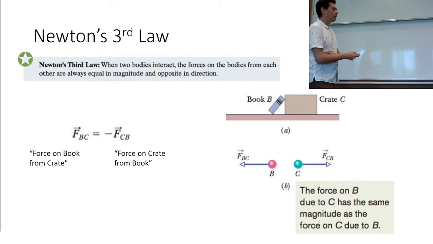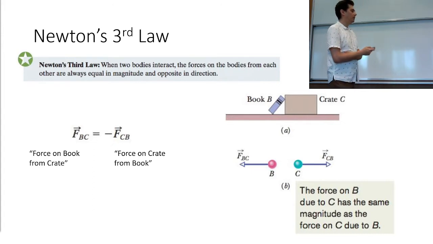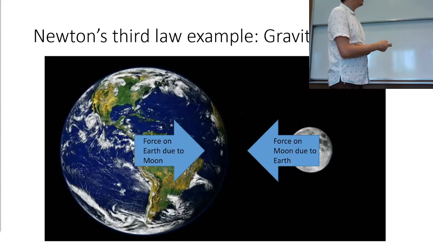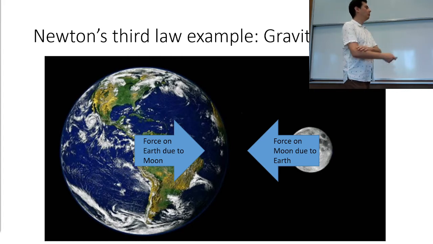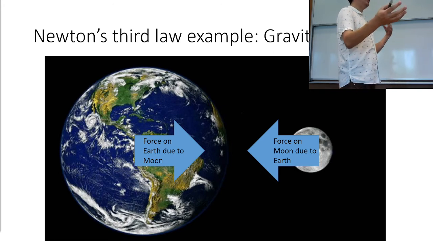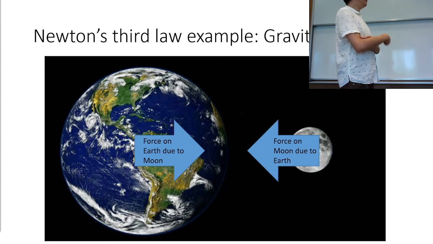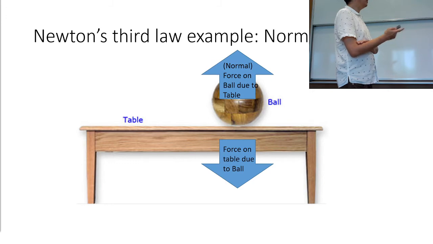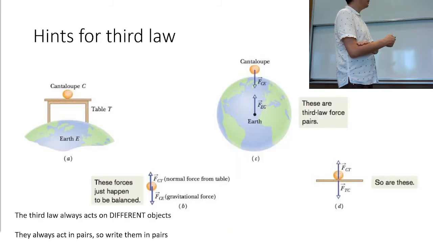Okay, and so we did Newton's third law, so famous: forces act in equal and opposite directions. Maybe one of the main points to remember here is that it's always forces that act on two different objects, so it's one force acting on another object. So there's always two bodies involved, and they are equal and opposite. So gravitational force or normal force are some examples. We did this example,